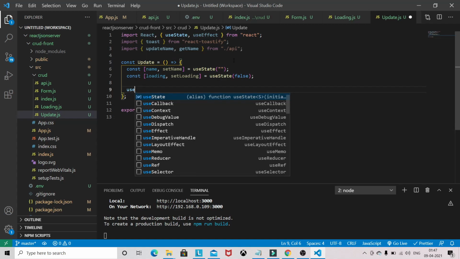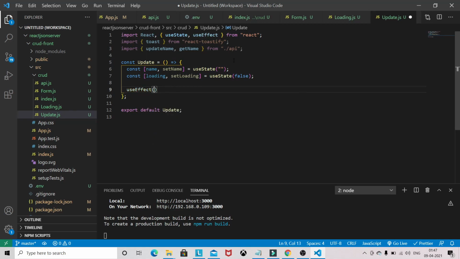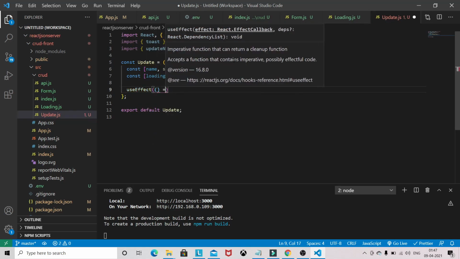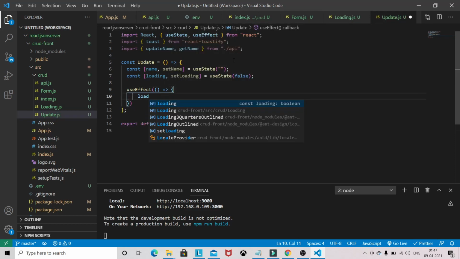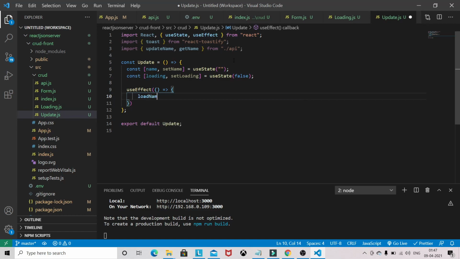Okay, so useEffect we will run. Whenever a user comes to update, we have to load the name, that single name based on the ID. So we will define const loadName.